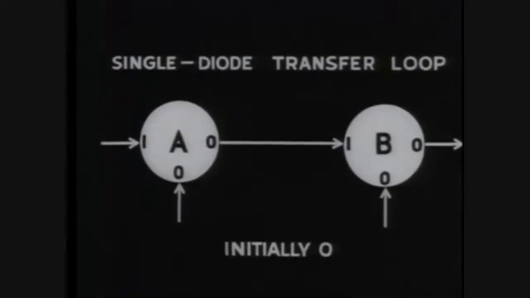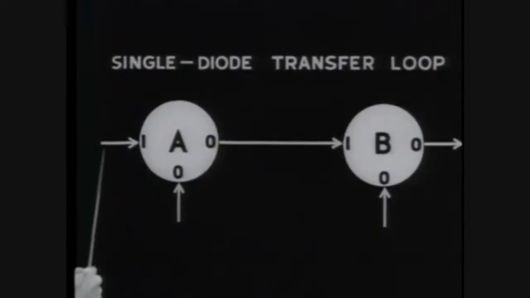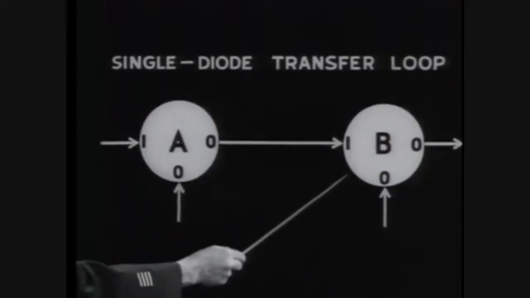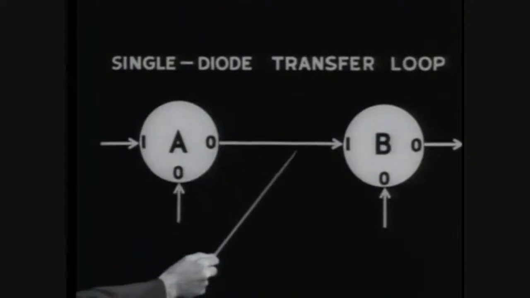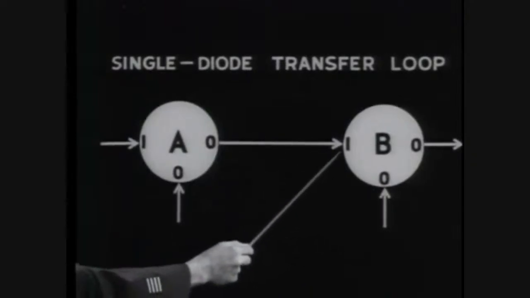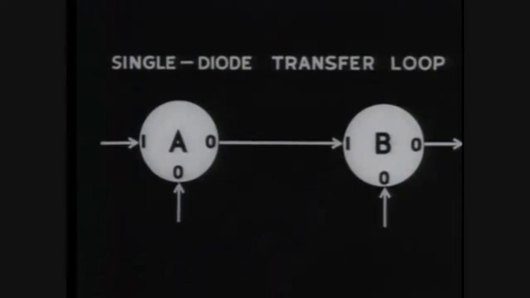In the single diode transfer loop, we assumed that both cores were initially in the binary 0 state. A non-dot input pulse switched core A to the binary 1 state without affecting core B. Later, a dot pulse applied to the shift winding cleared core A back to 0. The flux change in core A produced an output there. The pulse traveled along to the input winding of core B, entering it on the non-dot side and switching core B to binary 1. Thus, at time t0,